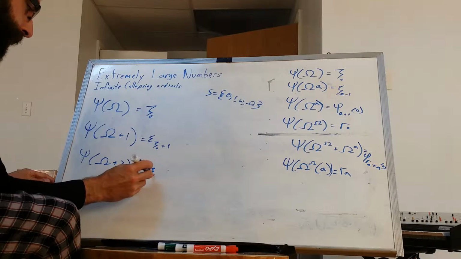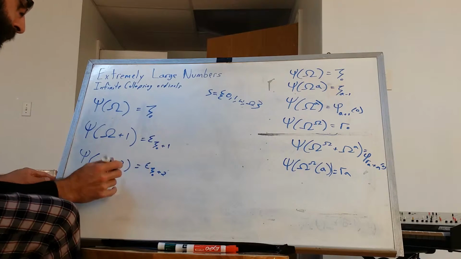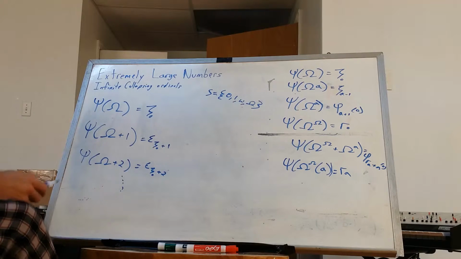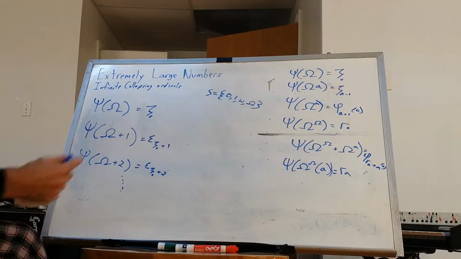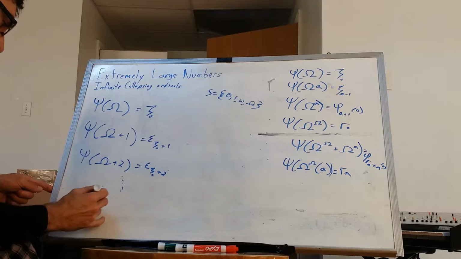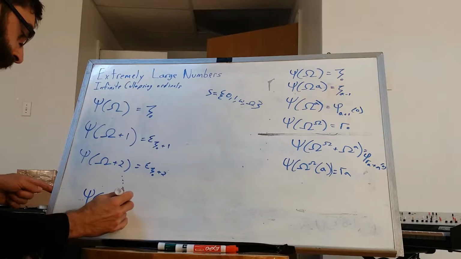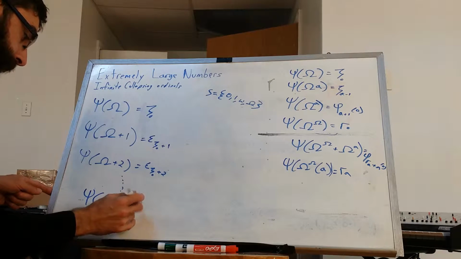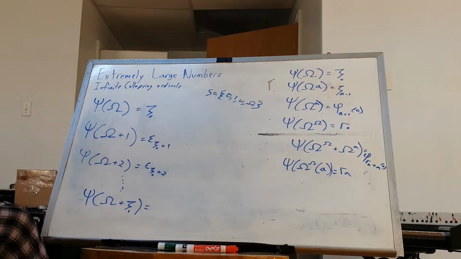Epsilon sub zeta naught plus 2, and so on. This is going to keep on going, but this function is going to get stuck again. And this time, the function is going to get stuck at zeta 1. Now, this might not be so clear why it gets stuck at zeta 1 this time, but it's basically for